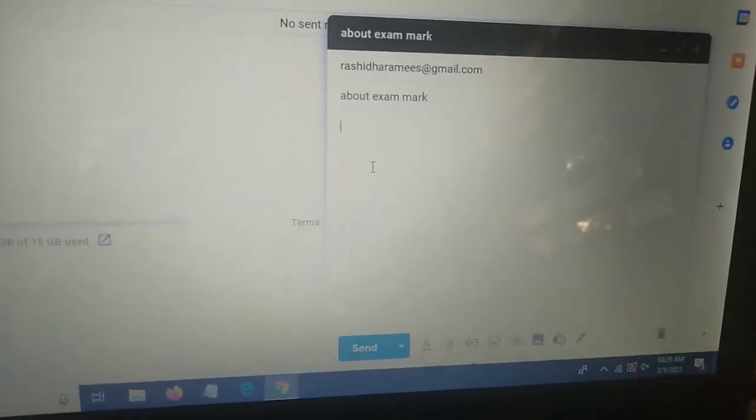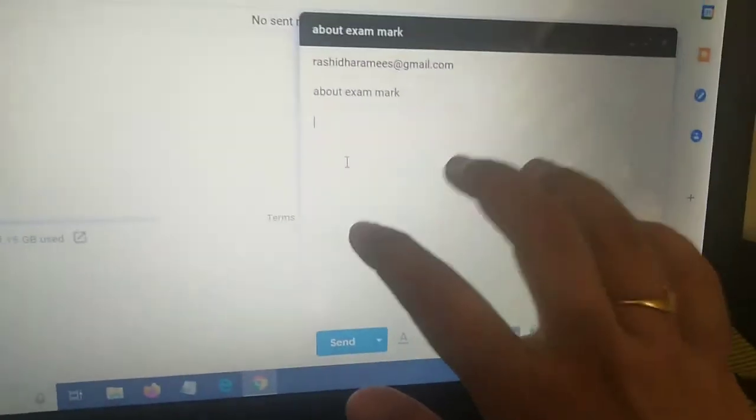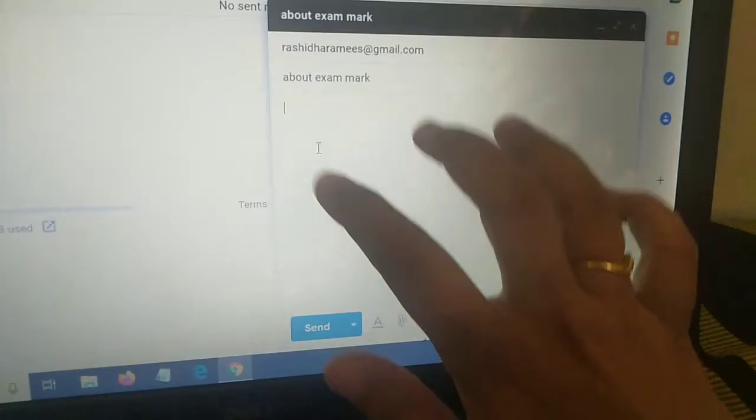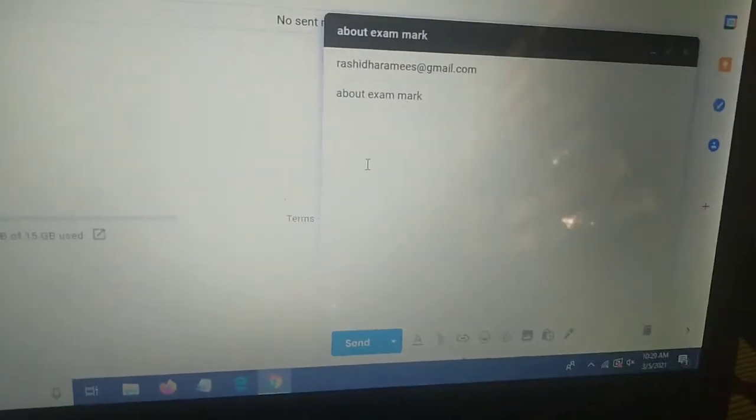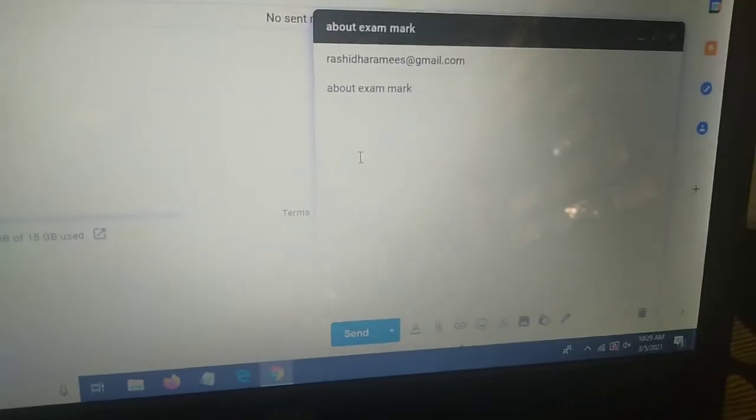Then here you can type your message. In this area you can type your message.